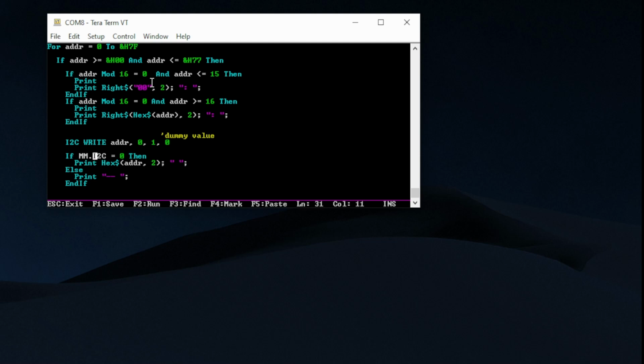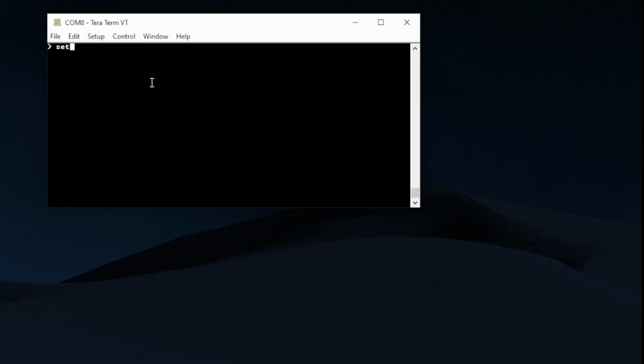If I exit, I can manually show you how this works. You can just type in I2C open, and we'll open that. What I can do is type in I2C write, and we can,